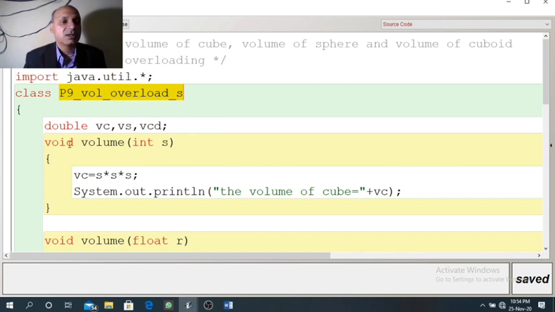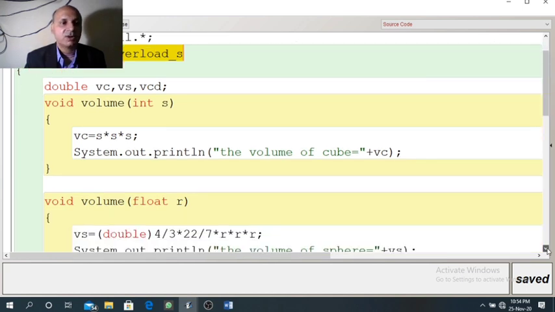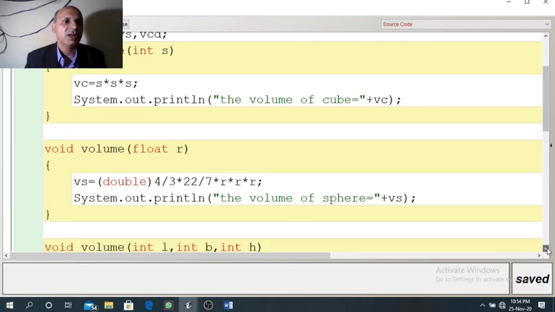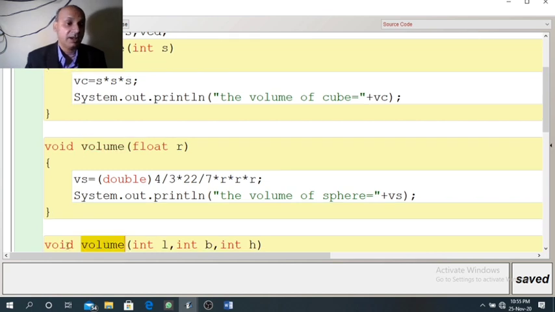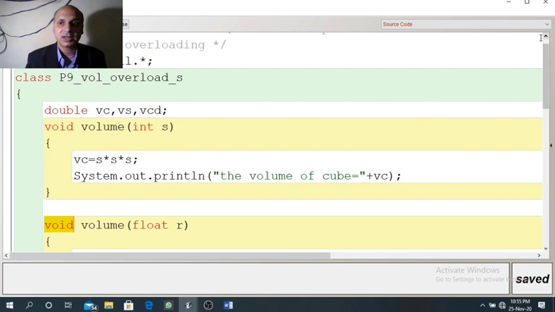Now here in this question, I have created three functions with the same name. Our objective is to find the volume. So the name of the function I have taken is volume here and volume here. And here all the three functions are non-return type. In the previous program, I had taken all the three functions as return type. In the beginning, I had told you we can design the program or functions with non-return type or return type, that is up to us.